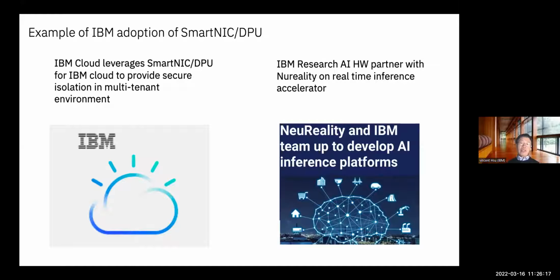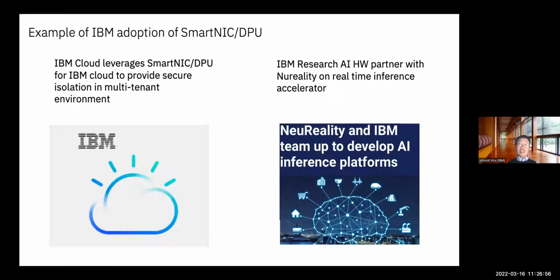So yesterday, from the conversation from Meta's presentation and Nutanix's presentation, both are talking about the AI aspect, right? How people are looking at leveraging DPU, IPU sort of technology to accelerate AI. And on the right-hand side, the picture I want to share with everybody is that IBM is partnering with a company called New Realities, creating the AI over Fabric network with a full AI pipeline offload, the hardware-based AI hypervisor capability, to be able to offload the intelligent inferencing capability in the network device.